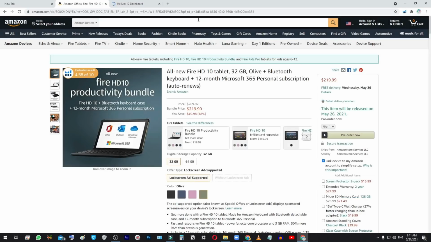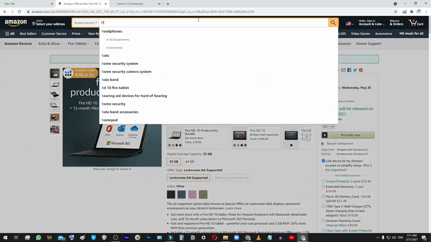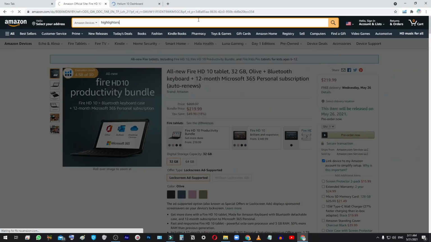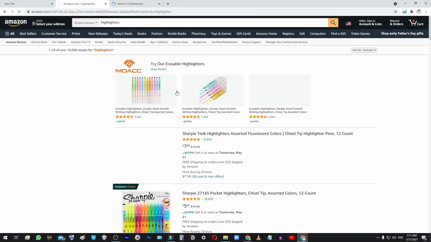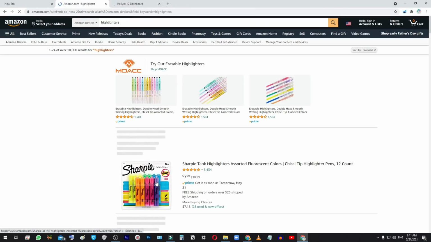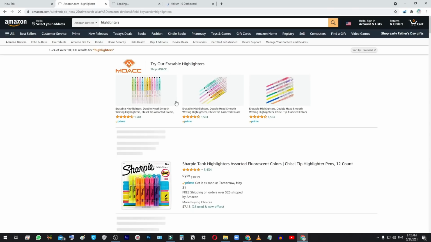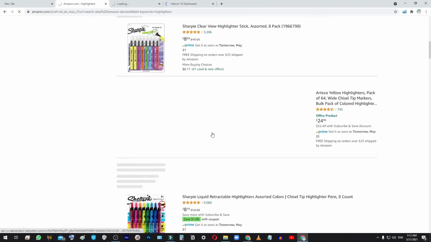So we search highlighters, and the main thing that you want to use this box for, and don't get confused by all the other stuff, like I really mean this, when I say it, the only thing you need to really use this box for is to find high demand and low competition. What I mean by that, high demand meaning that there are several other sellers of a certain kind of product that are making a bunch of sales of that product.